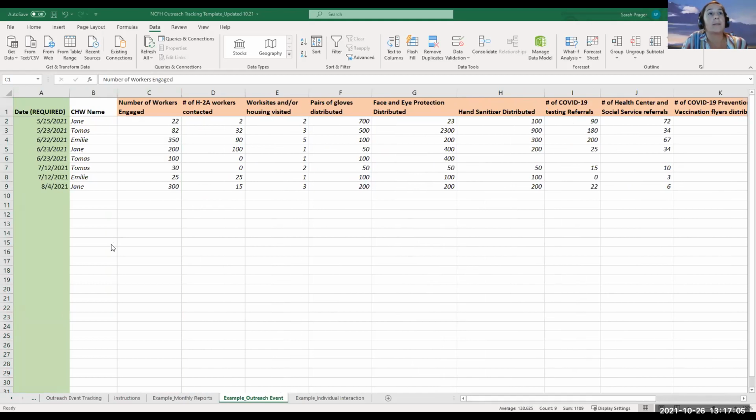And so those are the different metrics. Like I said, every row is a new week and the date. One of the important things that we made sure of, and that is important when you set up a spreadsheet this way, is that you have one type of data per column. So we're talking about number of workers engaged, and we have 22, and we're not saying 22 workers, we're just saying 22,